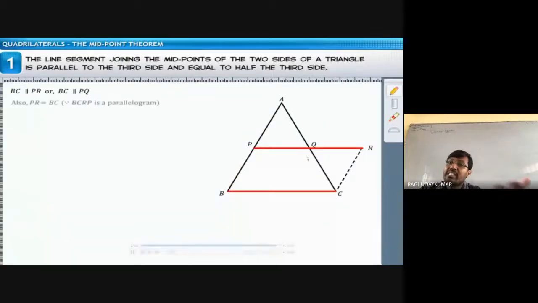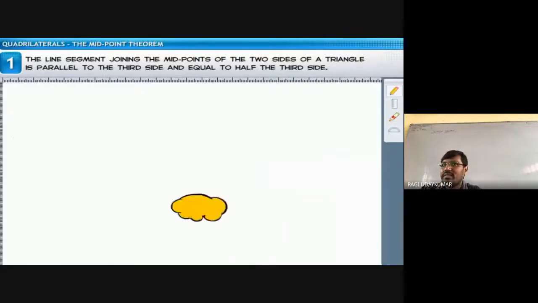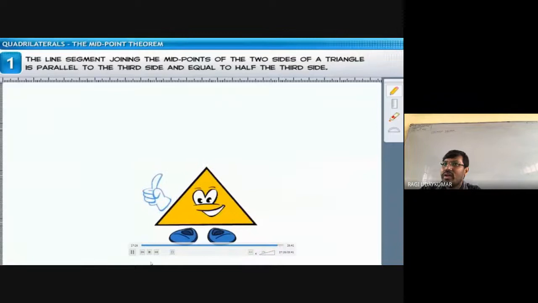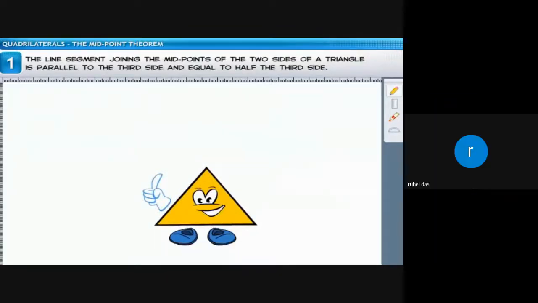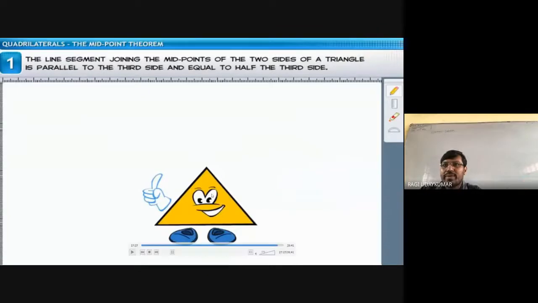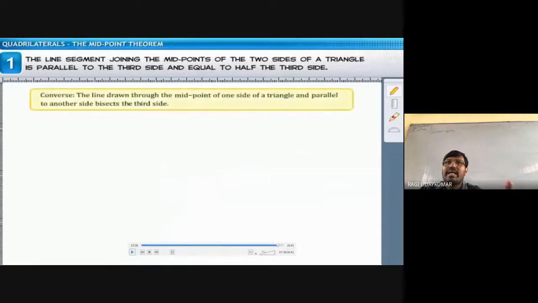So that is one thing. And here, in the first step starting we have proved that PQ is half of PR. PR में half. But PR is equal to BC. So you can say that PQ is half of the BC. Okay? समझ में आया? Yes, sir. Is it okay? So this is a proof of the theorem.